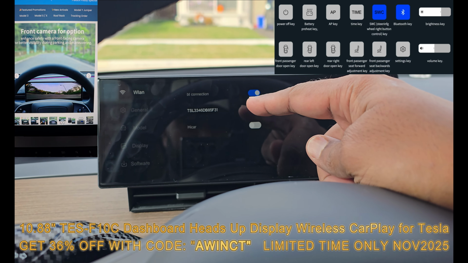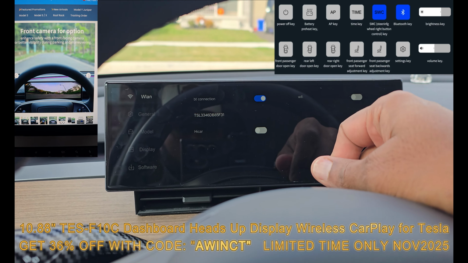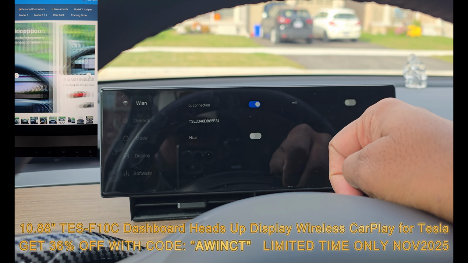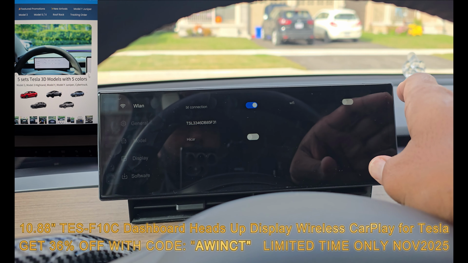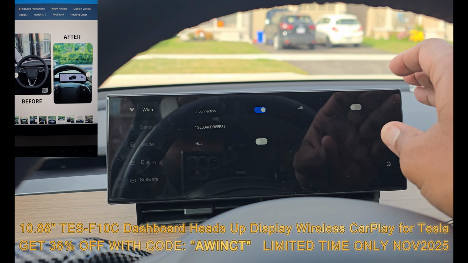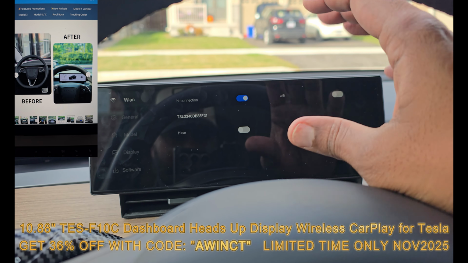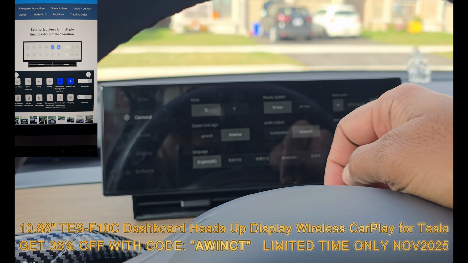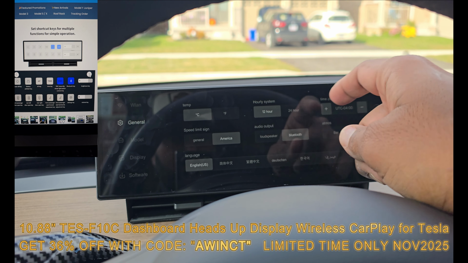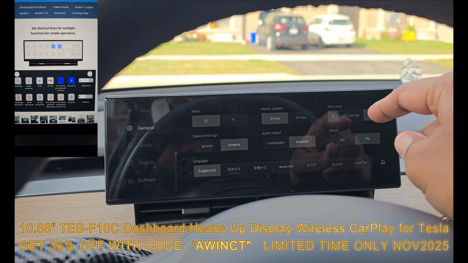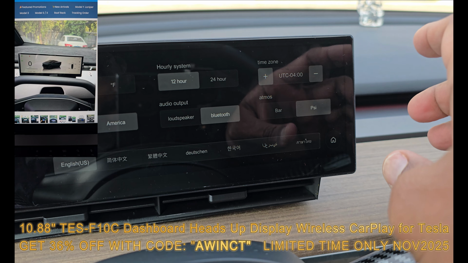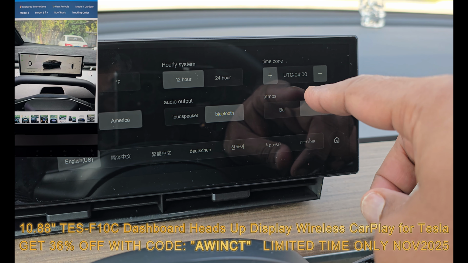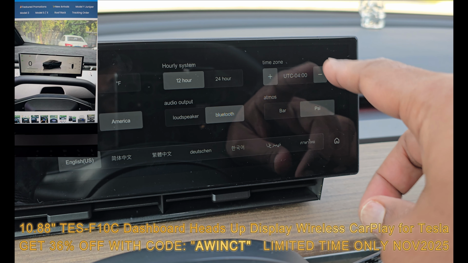You've got Bluetooth connectivity, which you'll need on all the time, only because if you want to use Android Auto, which I do, yay, because it's a game changer. General options, you've got temperature settings, Celsius, Fahrenheit, hourly, time zone. I'm in North America, which is in Canada specifically, and just look it up on Google if you don't know, and figure out the